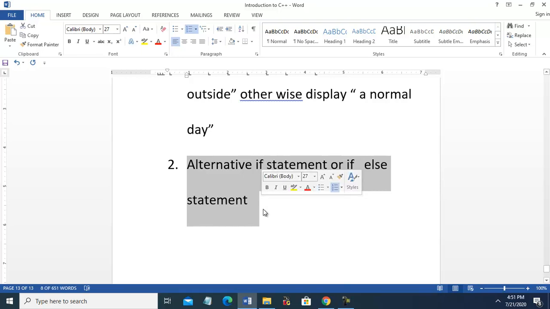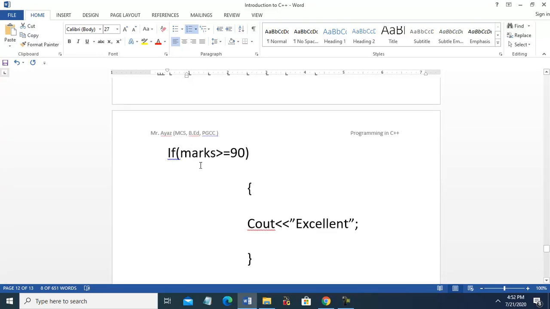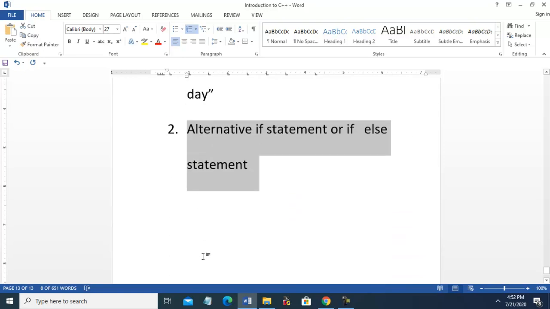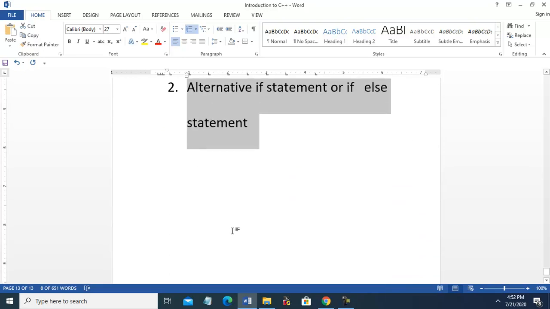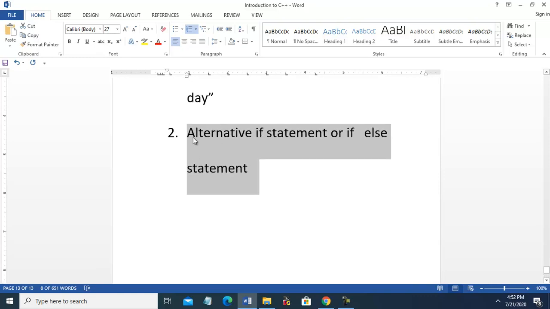For more than two, you have to use the if statements one by one, or there is another way, if else, else if, else if. That is a third way, the ladder structure, which I will explain. So the alternative if statement or if else statement is used when there are only two results. Okay, I will explain with an example.